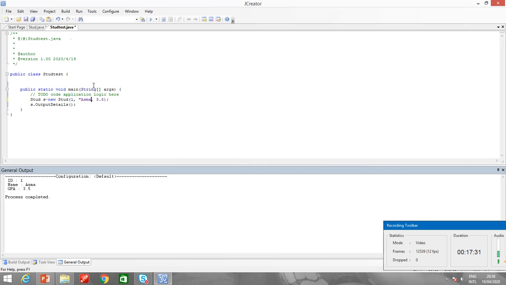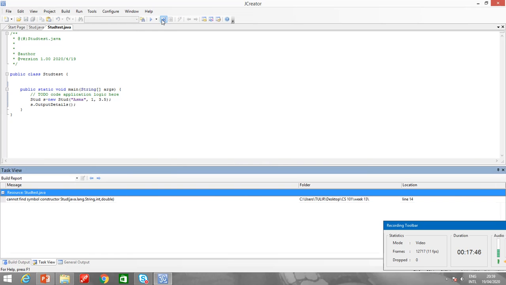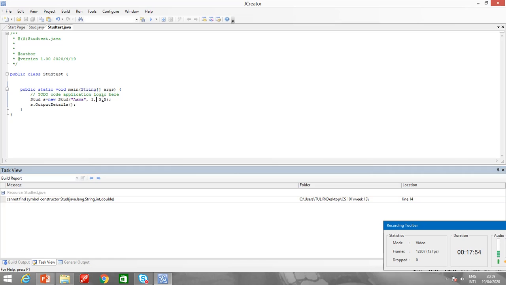So for example, if I pass something like this, Asma and then 1, it will be an error over here because the number and order of arguments must match the parameters. If you see over here, string, int, double is not recognized. So we have to pass the arguments in the same way as we have defined the parameters, and the number of arguments should be the same as the number of parameters.